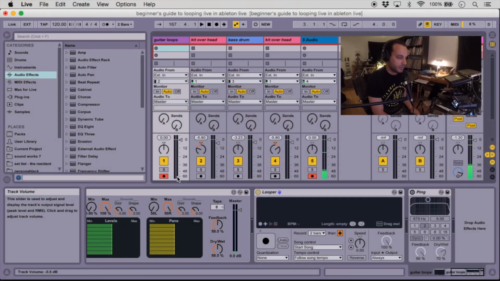Okay, so this is a really simple way to get into using loops live for live performance. Just keep in mind that there are so many things you can do and it can be very complex and you can do a lot of cool things. But I always like to just do something very simple first, and a lot of ideas will come out of that. So the first thing you need to do